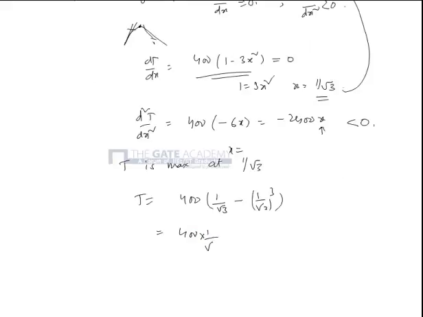If I take 1 by root 3 common, this comes to be 1 by root 3 whole squared, which is nothing but 1 by 3. So 400 by root 3 into 1 minus 1 by 3, so this comes to be 2 by 3, and the answer is 800 by 3 root 3, and so it comes out to be